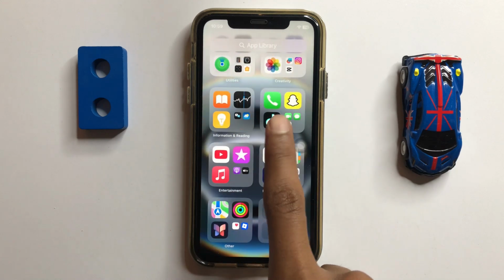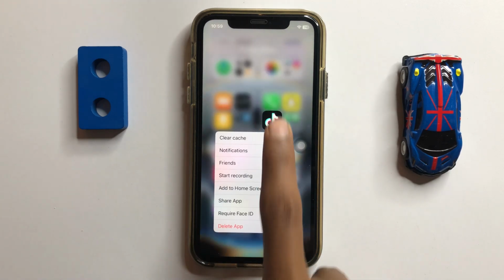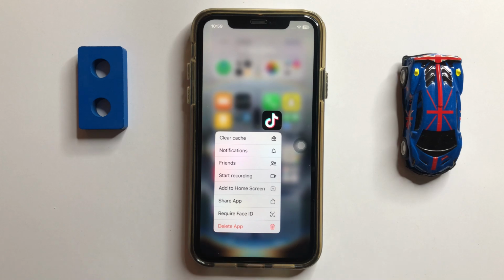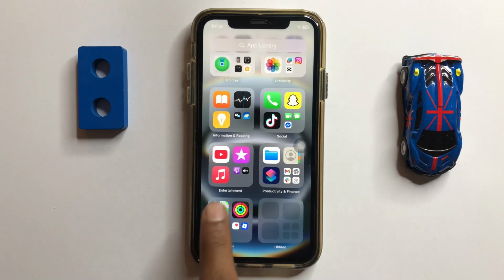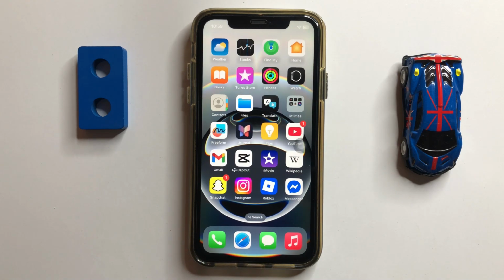press and hold on TikTok and then click on delete app. After deleting TikTok, reinstall it. After doing these steps, your